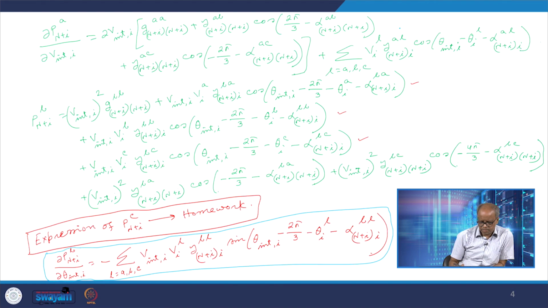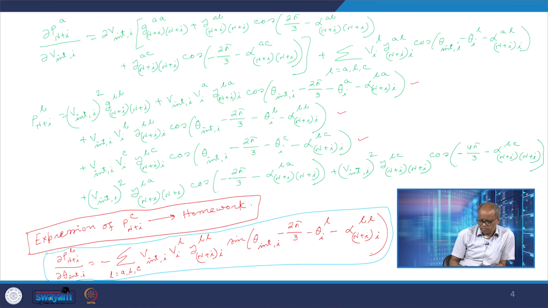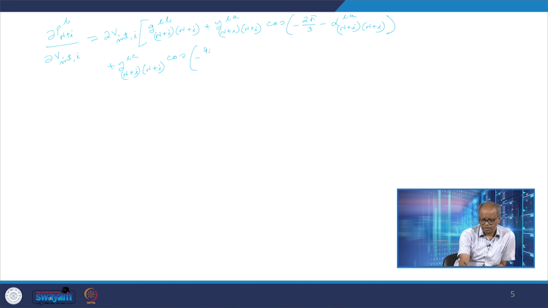That is the case. And then plus Y n plus I BC, then plus Y n plus I BC cosine, it would be minus 4 pi by 3 minus 4 pi by 3 minus alpha n plus I BC,